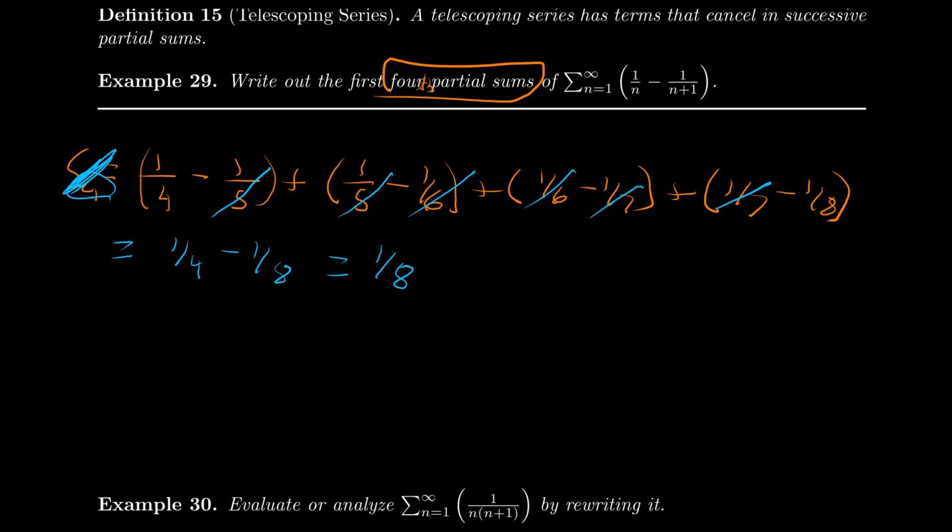But you would start with 1 over 1 minus 1 over 2 plus 1/2 minus 1/3 plus 1/3 minus 1/4 plus 1/4 minus 1/5, and you would get the same thing. All the same terms would cancel, and you'd have 1 minus 1/5, which would give you 4/5. Same sort of thing. I just made a little brain fart there. That's okay. It's the same sort of thing. So